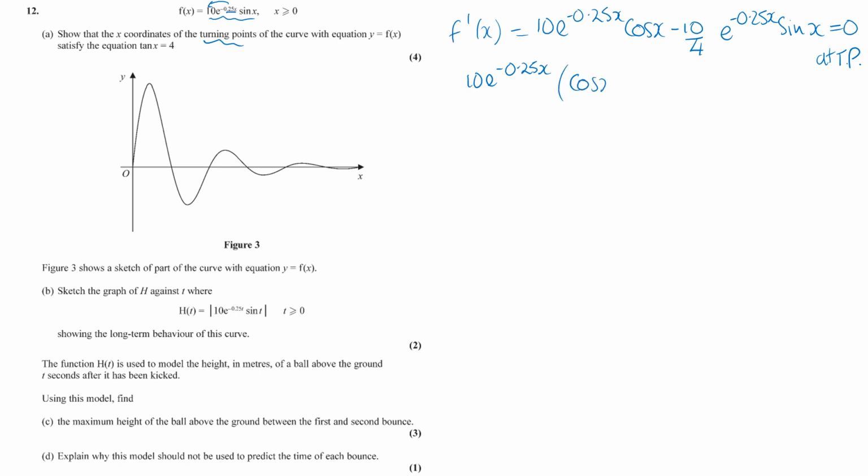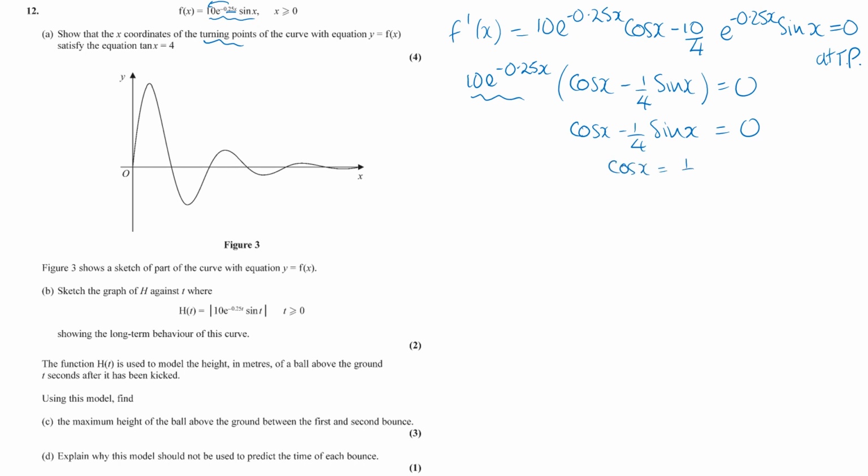You'll have cos x minus a quarter sine x is equal to 0 at the turning point. Now this e function at the front can't equal 0, so it'll have to come from the cos x minus a quarter sine x must equal 0,